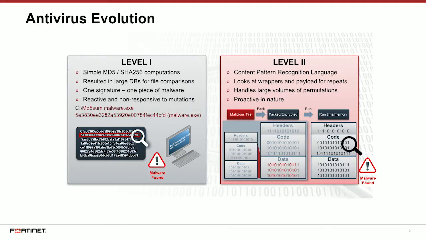So here comes level 2. Fortinet has developed, and I think that other antivirus vendors have similar engines, that are able to strip down and understand patterns of behavior, okay? And it does that by something that is called content pattern recognition language. This was a patent that was granted to Fortinet in 2012, and that basically allows products such as the FortiGate